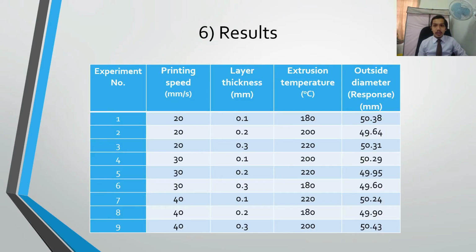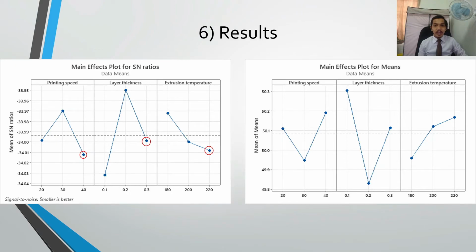Continuing on the results of the study. After printing the model design shown previously, each experimental run from 1 to 9 obtained different response values. The response value is the outside diameter of the model. This is because this parameter plays an important role in obtaining dimensional accuracy. Next, after